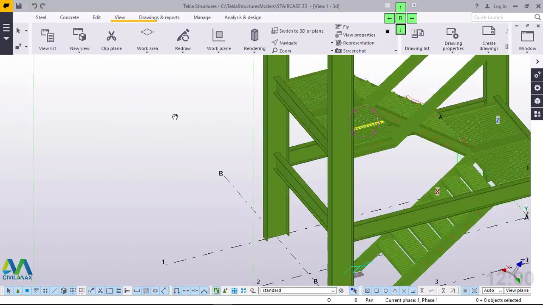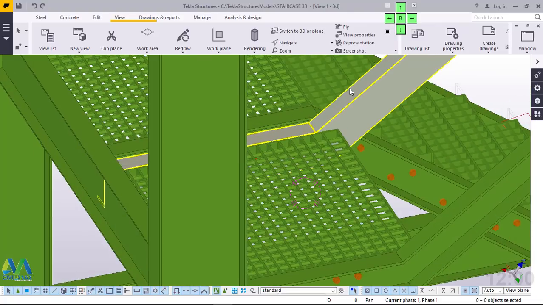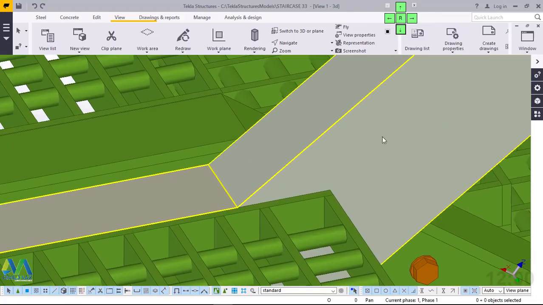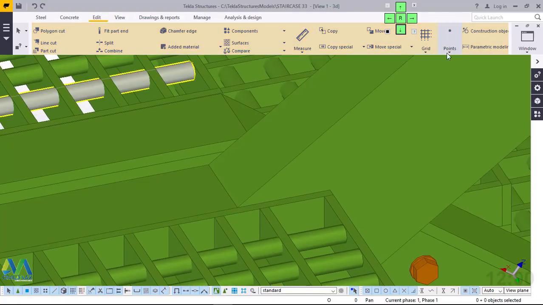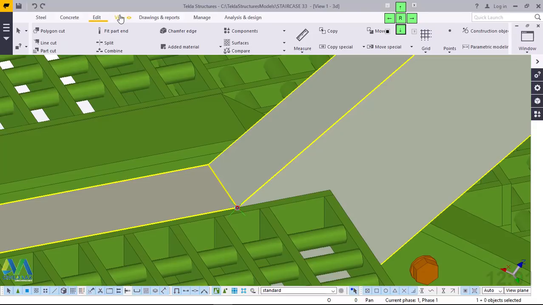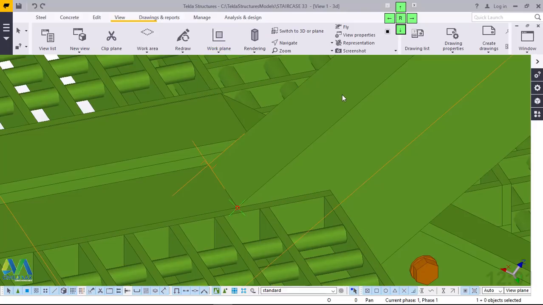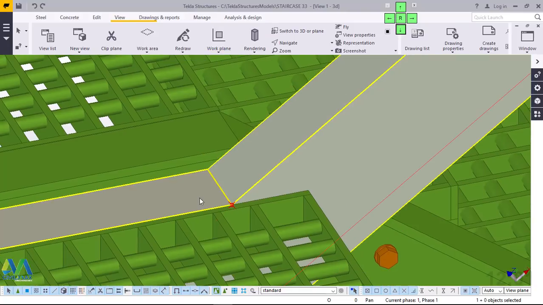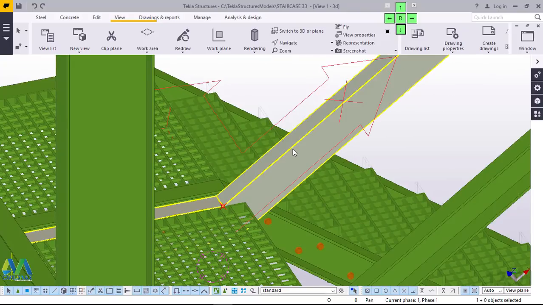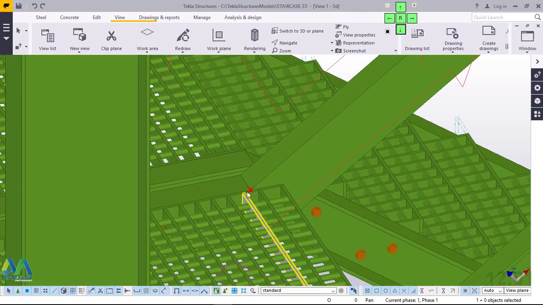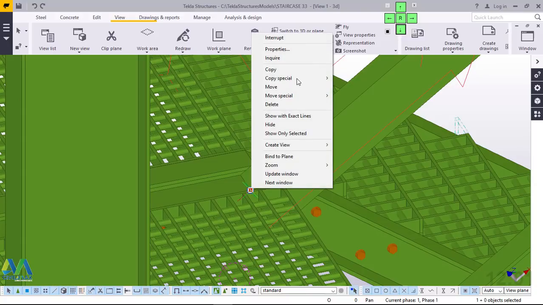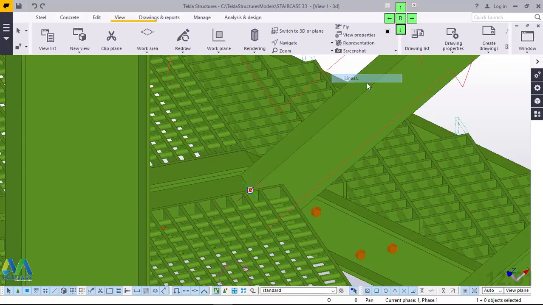Now we want to create a thread here once again. We'll come to edit right here, we'll come to edit right there, and we'll snap on that spot. After snapping there, we'll click on this spot. And following the direction of our work plane tool, we'll snap here. We'll click on the orientation of our stringer. Then we'll click on this spot, right click and give it an offset or a copy command at